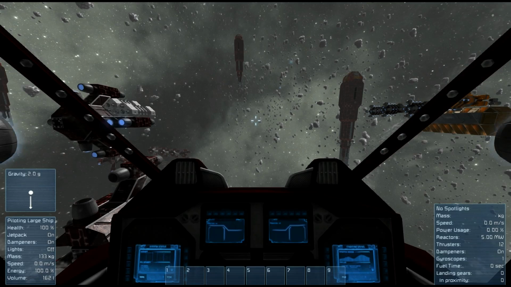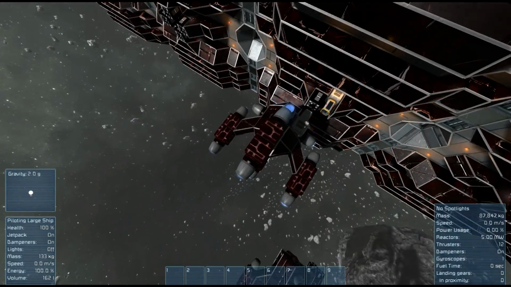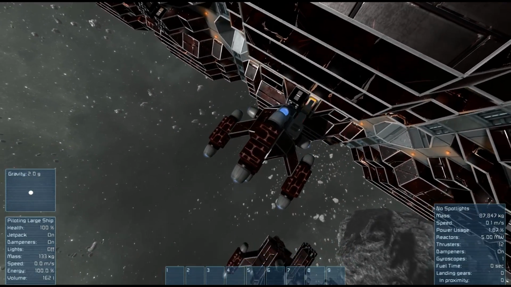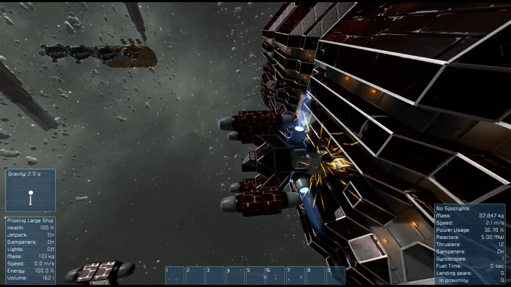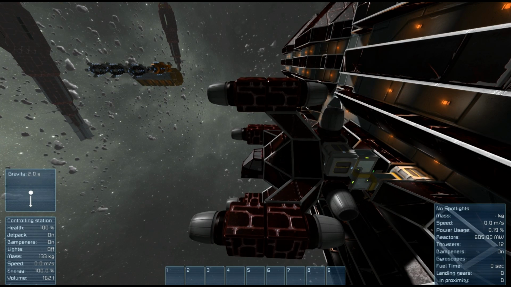And convert to ship, go ahead and make sure our merge block is indeed on, and then super quick just line up and connect. And oops, I seem to have bumped the wrong way. Oh dear God, let us not have too much trouble. There we go, you can see that it turned yellow, pulled together, and now all the pipes turned green, saying